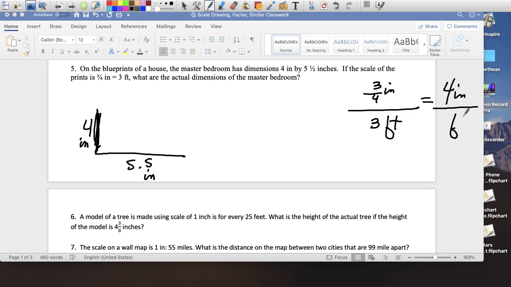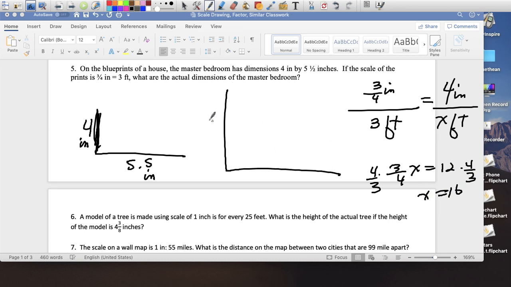In actuality, what would that be? So we do cross multiply again, and we're going to get 3/4, 12. We're going to go 3/4 of x equals 12, and we're going to multiply both sides by 4/3. If you don't have a calculator, 4 and x equals 16. So in real life, that would be 16, and now I have to do one more time, which is the